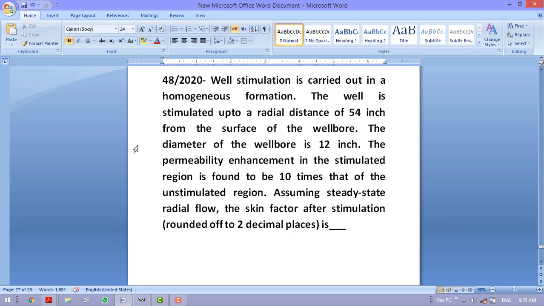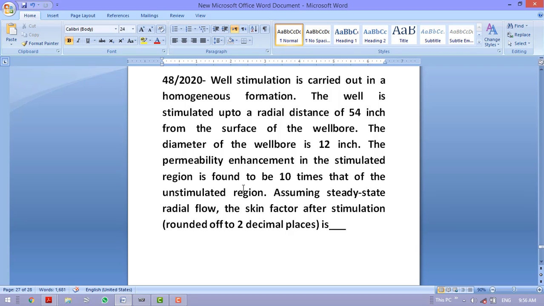The well is stimulated up to a radial distance of 54 inch from the surface of the wellbore. The diameter of the wellbore is 12 inch. The permeability enhancement in the stimulated region is found to be 10 times that of the unstimulated region. Assuming steady state radial flow, the skin factor after stimulation is, you have to round it off up to